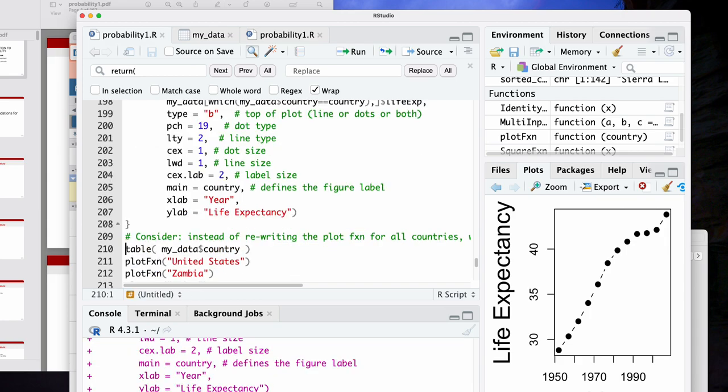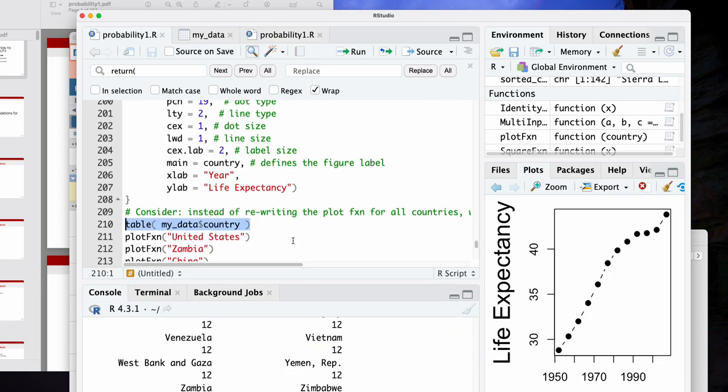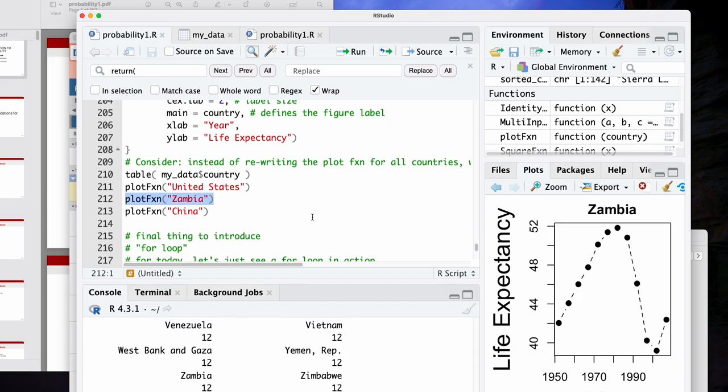We've defined the function, and we want to see what things we can input to it. So here's all the data that we have. We have 12 observations from Venezuela, 12 from Vietnam. Looks like we have 12 observations from most countries, and these are all the list of countries within the pool. So now we're just going to try out the function. Instead of having to rewrite everything, retype everything, now I just call my function, and like magic, it spits out the answer without me having to think.